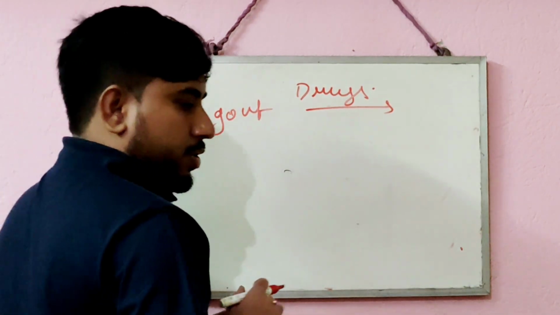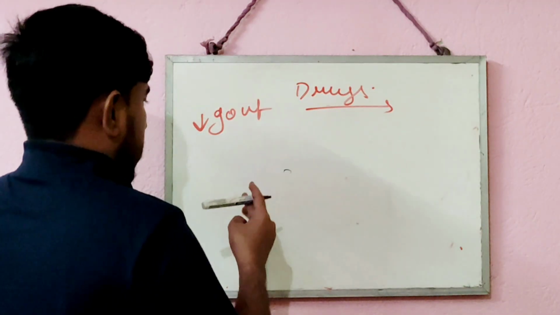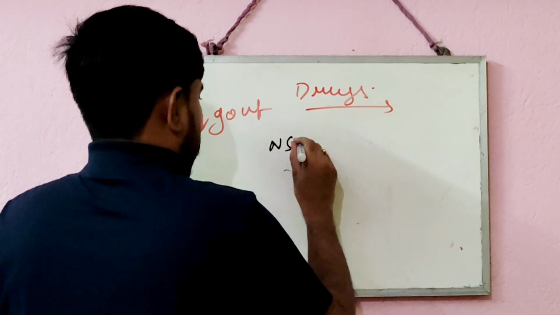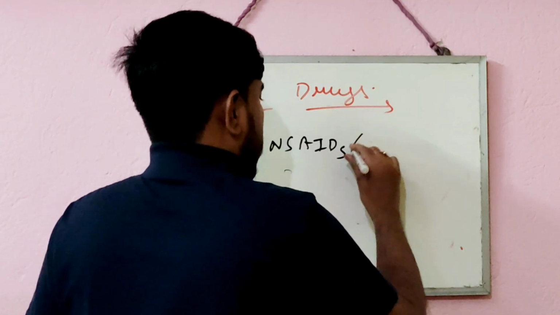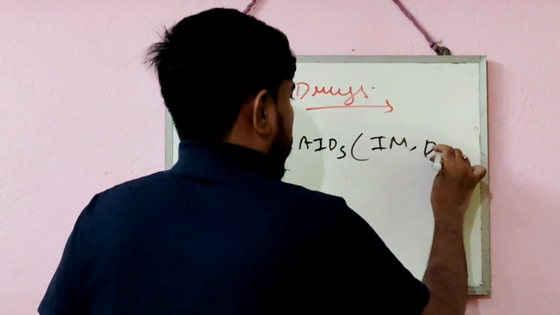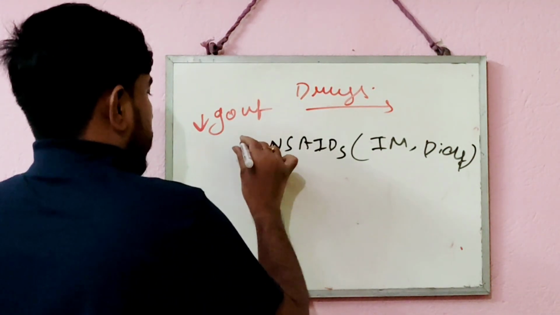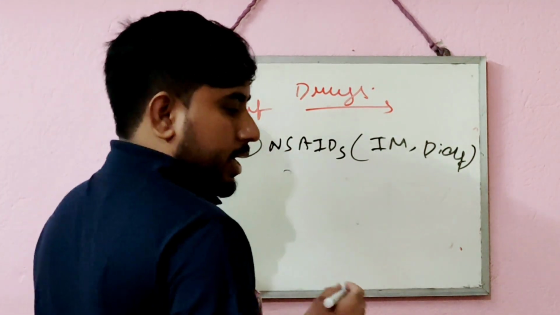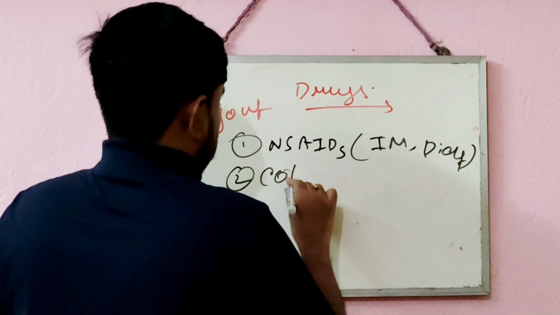The drugs which can be used to treat GOUT are NSAIDs. Which NSAIDs can we generally use? Indomethacin and diclofenac sodium. So among NSAIDs we can use indomethacin and diclofenac sodium. Second, we can use colchicine